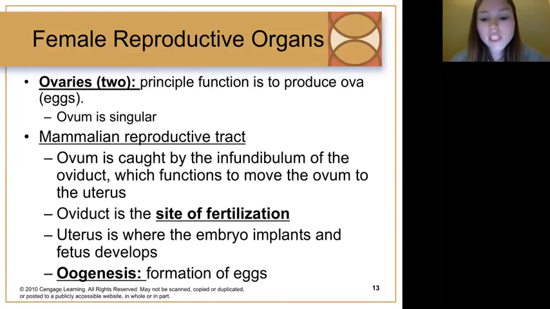Then the uterus is where the embryo will actually implant once it's been fertilized, and then the fetus will begin to develop. And then, like I said, with the genesis term, spermatogenesis is the formation of sperm. Oogenesis is the formation of eggs. And that's because their scientific name starts with